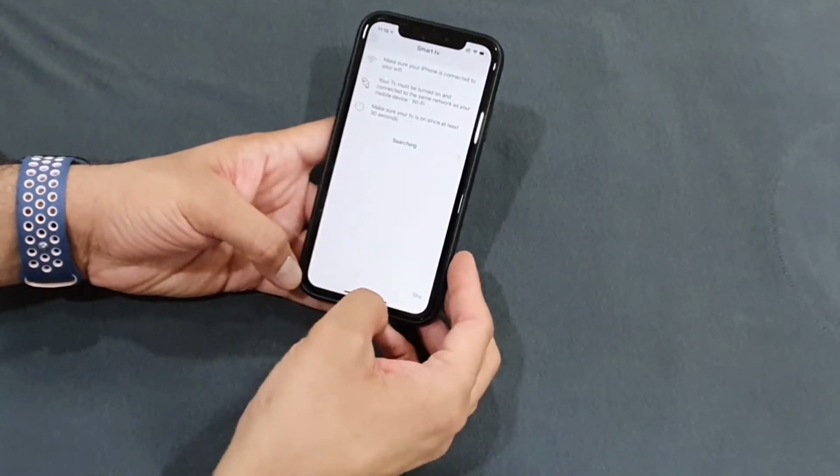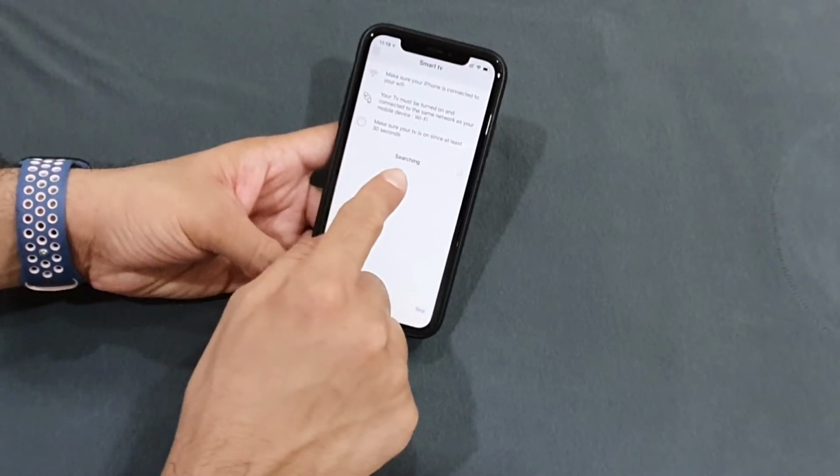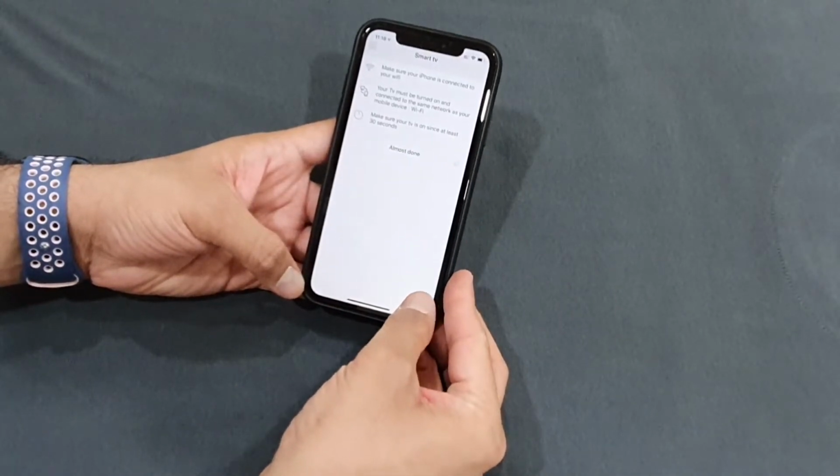I mean, the app, you don't need to pair anything with your TV. You just need to, if it will start searching, you just tap on it and you're good to go. That's it. You try it out. If there is an emergency, you have misplaced your remote somewhere, you can try it with your iPhone.